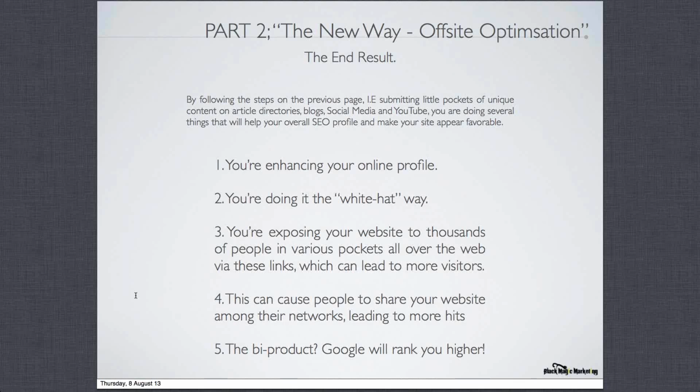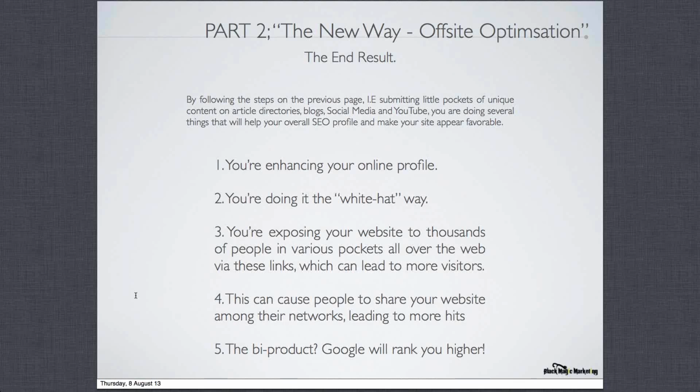And you're exposing your website to thousands of people in various pockets all over the web via these links, which can lead to more visitors ultimately. And this can cause people to share your website among their networks, which leads to more hits. And the byproduct is that Google ranks you higher.